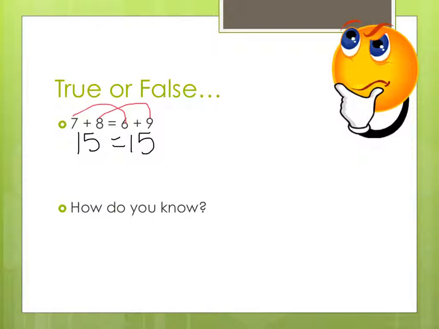Since 6 is 1 less than 7, and 9 is 1 more than 8, those two changes cancel each other out, and I know that my equation is true. So I can prove that 7 plus 8 is equal to 6 plus 9 by stating,